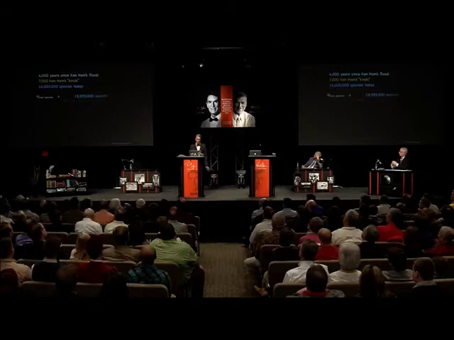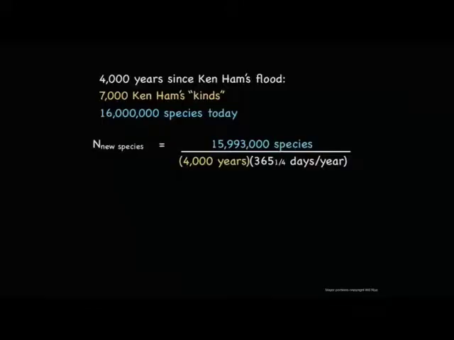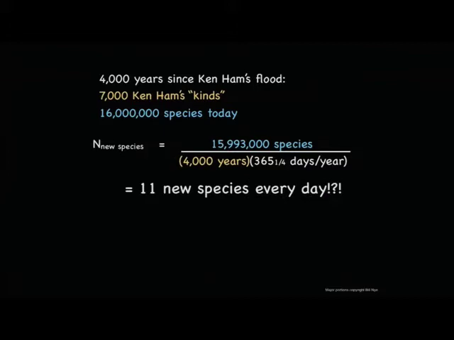If these came from 7,000 kinds, let's say we have 7,000 subtracted from 16 million, that's about 15,993,000. We have 4,000 years, we have 365 and a quarter days a year. We would expect to find 11 new species every day. So you'd go out into your yard, you wouldn't just find a different bird, a new bird, you'd find a whole new species of bird every day, a new species of fish, a new species of